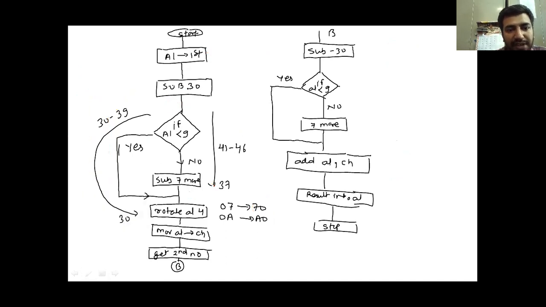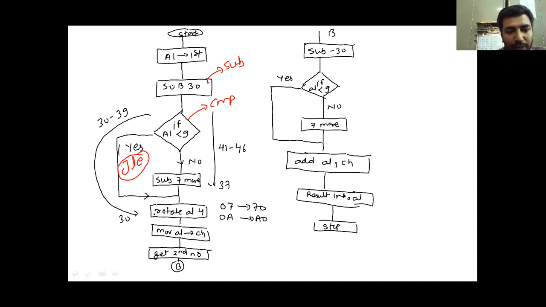So I've subtracted 30, and subtracted 7 more depending on the compare result. So here I'm doing a jump. Okay, jump if less than. So if it is less than, I'm doing a jump. That's why I need a jump here, and I have to use the compare instruction here, and I will end up doing subtraction here. Okay, so subtraction, compare, jump, and after the jump I have to do subtraction again. I will be jumping to a label at this point.